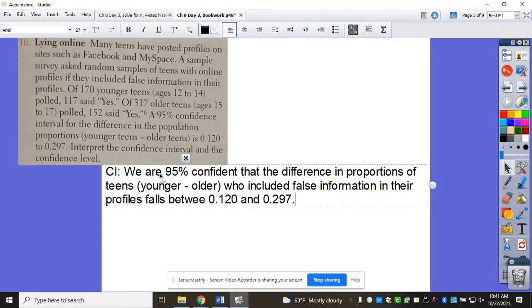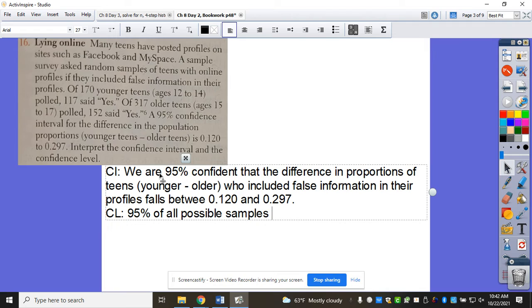The thing that we want you to get out of there is this: is this a problem I would have asked you to do and find the work for? No. But do you understand how this same interpretation can easily apply when we go to 2 samples instead of 1? So that's the part that you need to get as far as today. So confidence level would be 95%